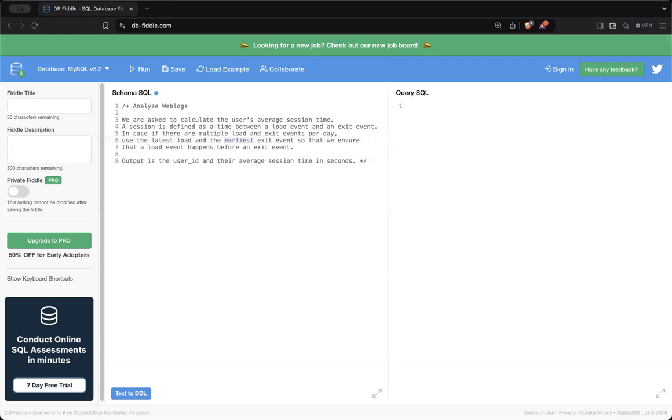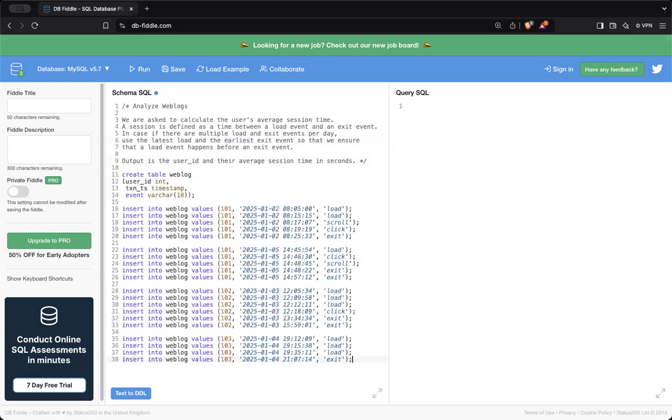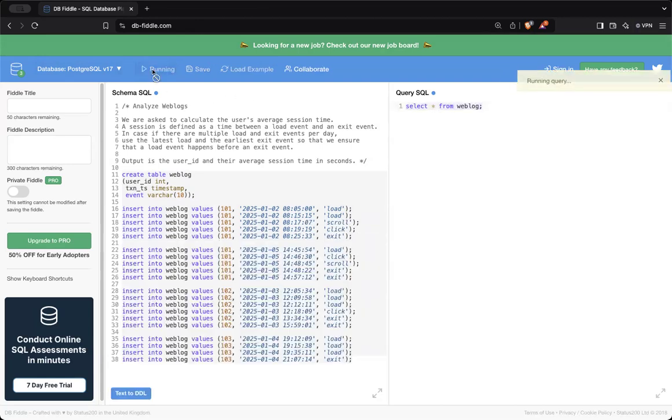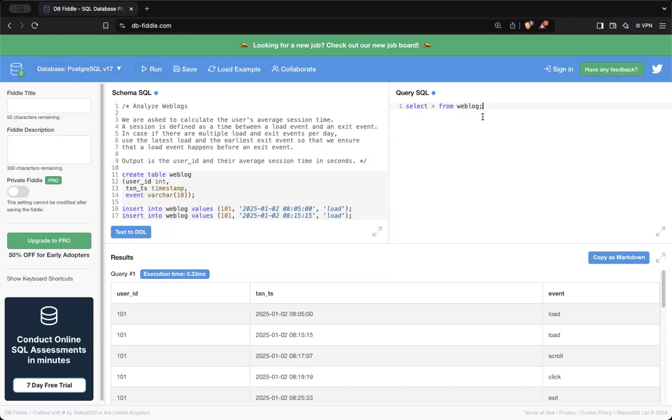So let's load up the data. Make sure we're using Postgres here, and we can run it. This is just preparing the schema. So let's make sure the data got in there all right. Let's do a check. Now you can highlight and hit the run button, or you can hit command enter, or on Windows, probably alt enter. Okay, now that we've verified that the data is in there,